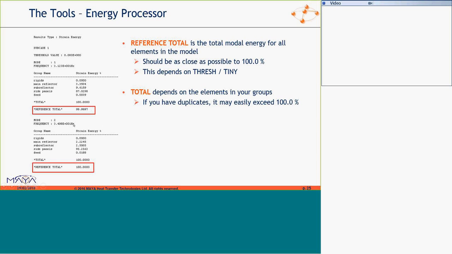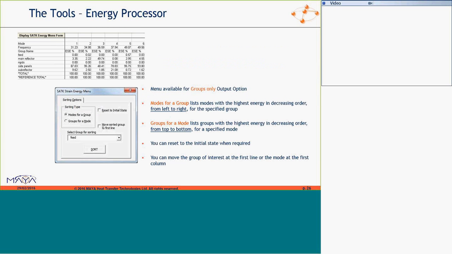And so forth by mode. This is in Excel format, where we have a matrix where the columns are the modes, and the groups are assigned by rows.